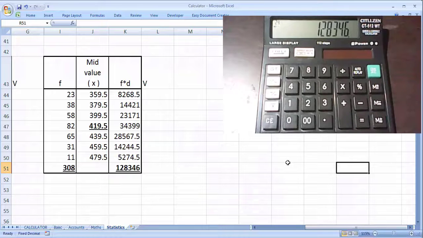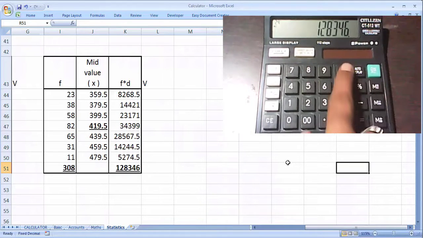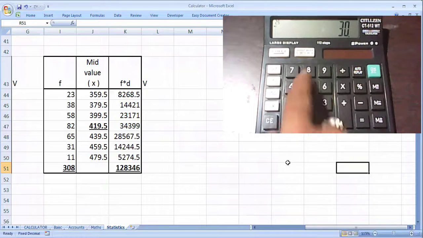By pressing MRC, we'll get the value 128,346, divided by the total, 308, will give you